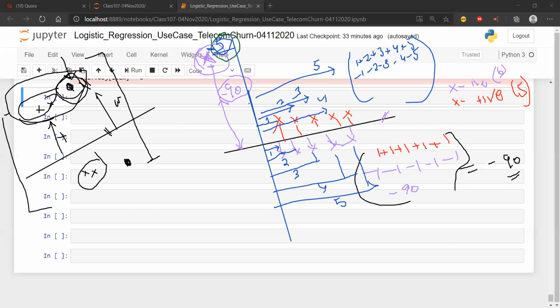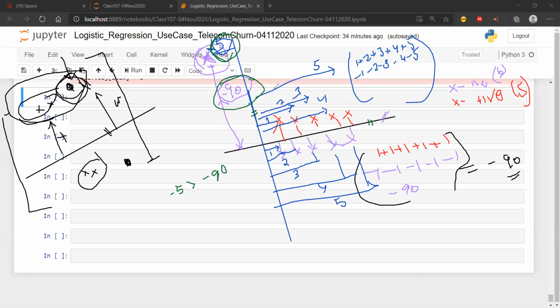What is happening here? Which line is better as per math? Is it minus 90 or is it minus 5? Because mathematically minus 5 is greater than minus 90, right? Which means mathematically this blue line is actually better than the black line. Is that really the case? The answer is no. This black line misclassified only 1 point, and this blue line has misclassified 10 points. Even after that, the blue line has a weightage of minus 5, the black line has a weightage of minus 90,